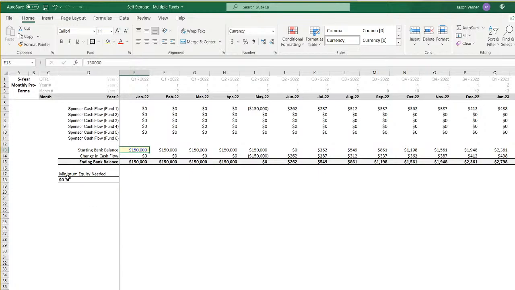I'm about to do the same thing for the LP, so you can actually plan this if you were an investor looking to do multiple deals over time. How much money do you need? What's the cash flows look like? What's the internal rate of return? And our internal rate of return